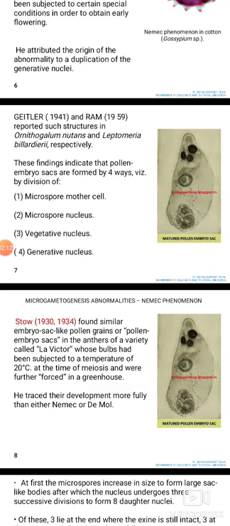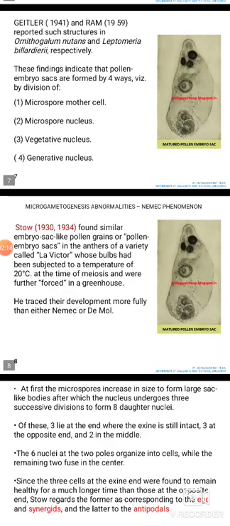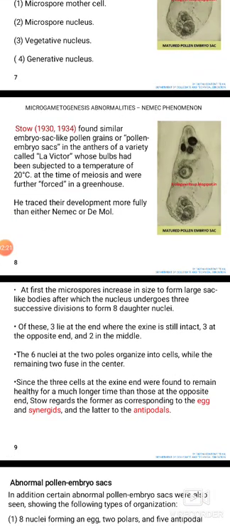He traced their development more fully than either Nemec or De Mol. At first, the microspores increase in size to form large sac-like bodies, after which the nucleus undergoes 3 successive divisions to form 8 nuclei. Of these, 3 lie at the end where the exine is still intact, 3 at the opposite end, and 2 in the middle. The 6 nuclei at the 2 poles organize into cells, while the remaining 2 in the